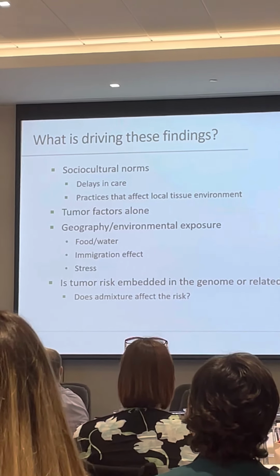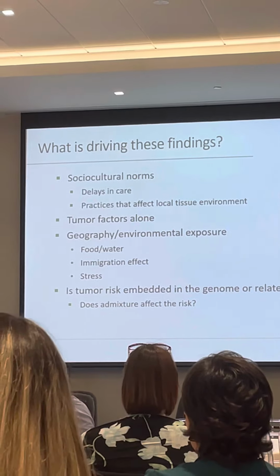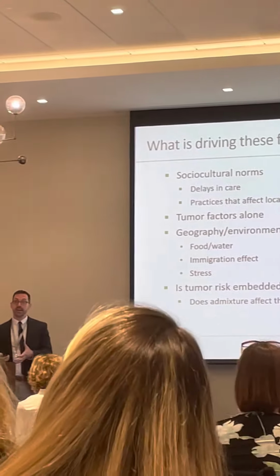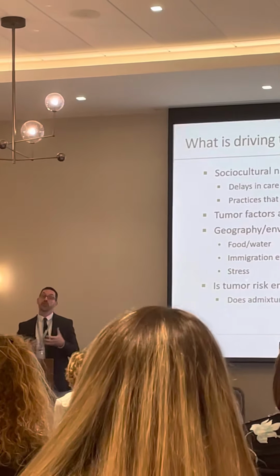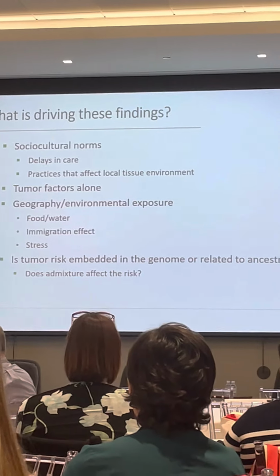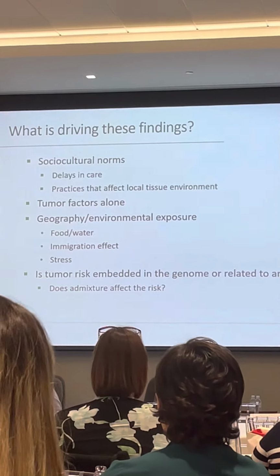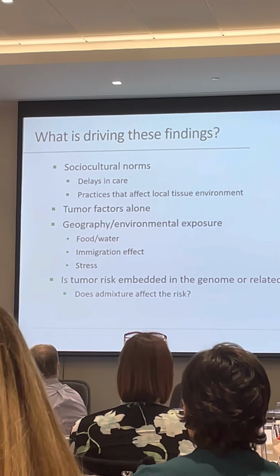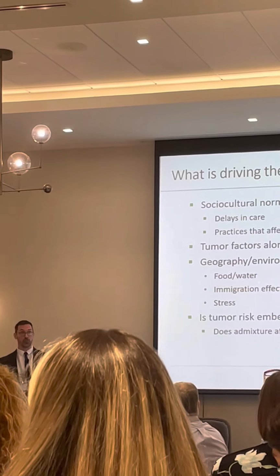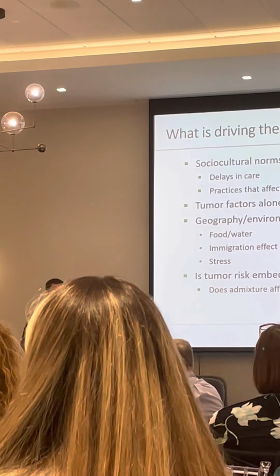Again, we talk about the immigration effect. This is even a little bit different than the Hispanic paradox, but with the healthy immigrant effect, the theory is that those who come to the United States are physically healthier than those who had to stay back home. And so are we seeing better outcomes because the people here aren't truly representative of everybody from the country from which they were born? And then markers of stress. We talked earlier about psychosocial stress. We know there's physiologic stress as a result of things like immigration, financial insecurity, architectural insecurity, things like that.